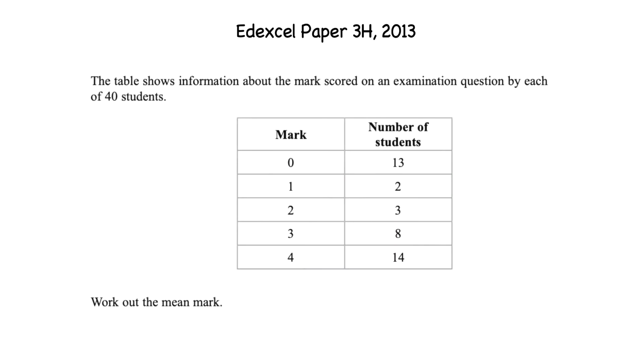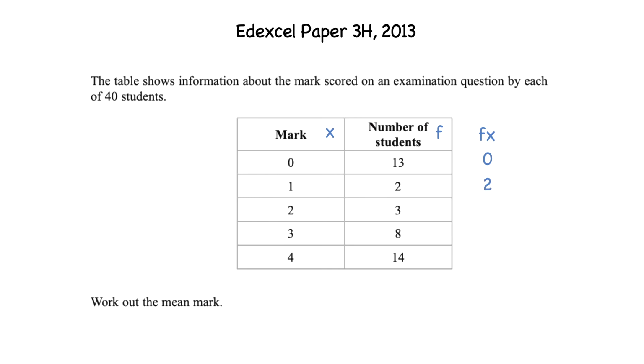Let's try a few exam questions just to put this into practice. Here's a past paper from 2013, so it would be really good to pause the video here and see if you can have a go at the question. What we would want to do is start a new column called fx, in which we times the mark by the number of students. So 0 times 13 would be 0,